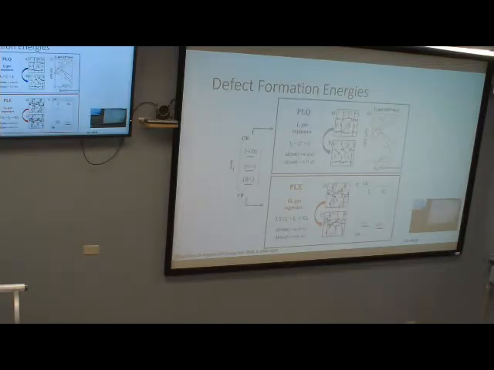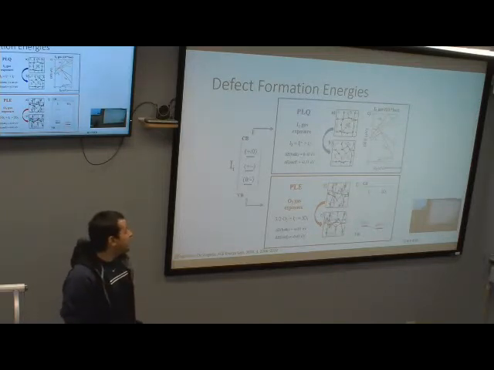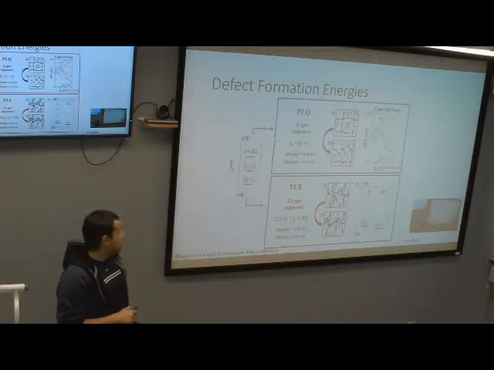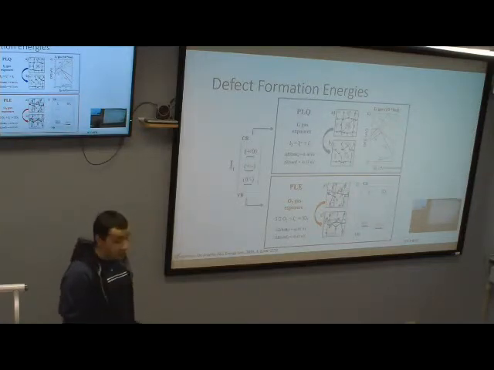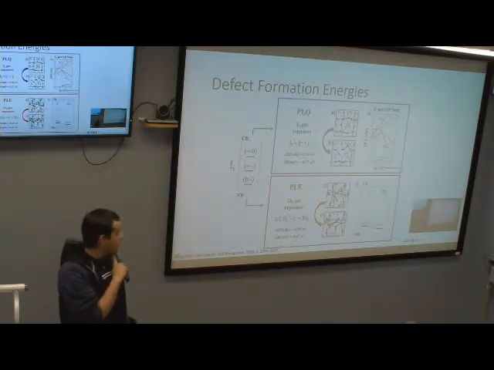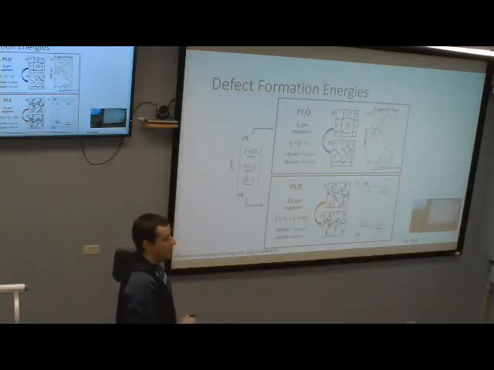So, a couple of defects. They calculated the defect formation energies from a couple of things. They found out that exposing a perovskite structure to iodide gas seemingly increased quenching. So you said it increased photoluminescence by